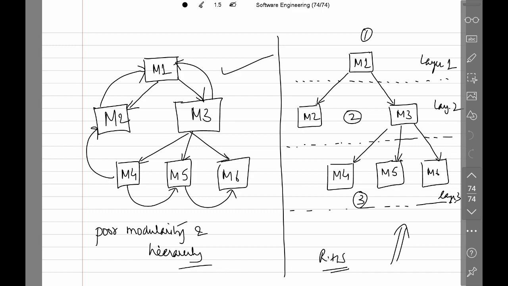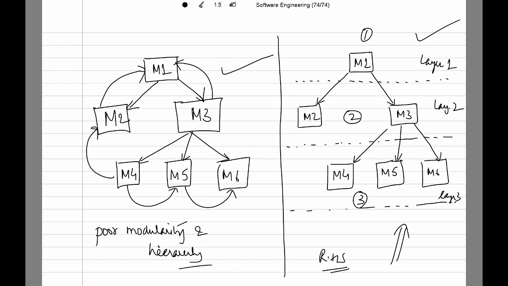Now, layered design has certain concepts added to it. We are going to talk about fan in and fan out. Fan in and fan out are concepts which are basically connected to the layered design. So, what exactly is fan out? Let's understand what is fan in and fan out here. Now in a layered design, so here is my layered design, if you look at the invocation which I'm highlighting between M1 and M2,